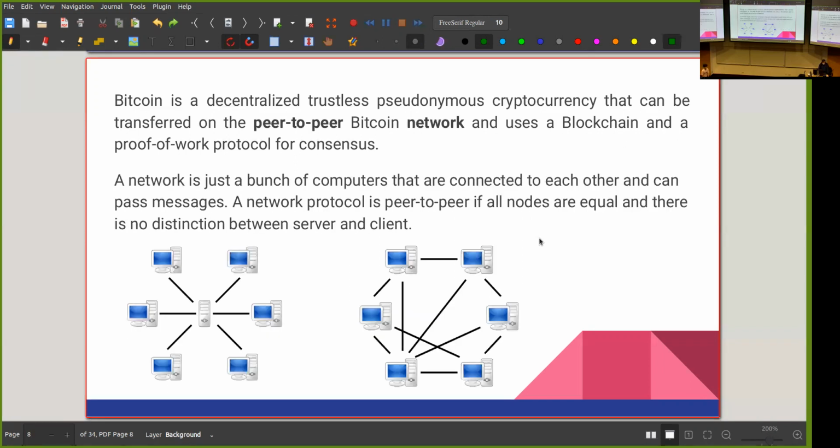Okay, so we have a cryptocurrency, but it's supposed to be on a peer-to-peer network. So what does that mean? Well, a network is basically just a bunch of computers that can communicate with each other. That's super simple. So you can just imagine a bunch of computers on the internet or connected to each other in any other way. But what does the peer-to-peer part mean? Well, it means that all of the nodes in our network, all of the computers in our network, are in a sense equal. They don't have different roles. They don't have different permissions. There is nothing that one computer can do that others cannot.